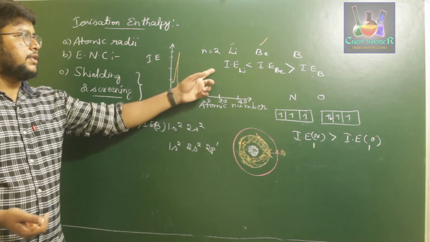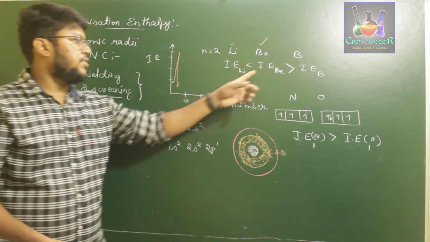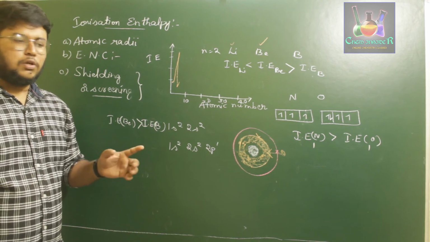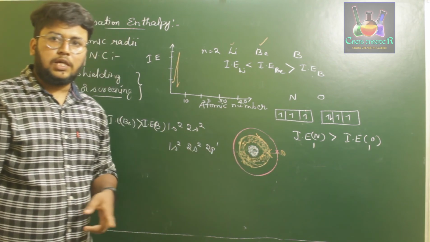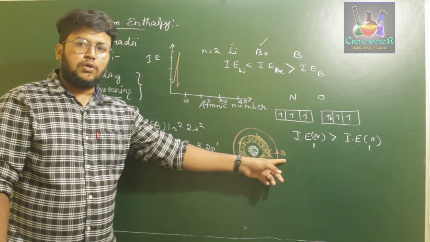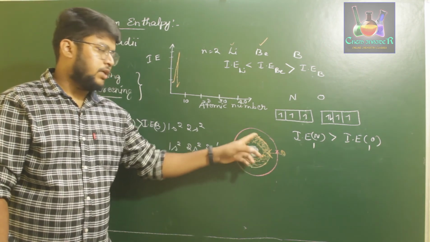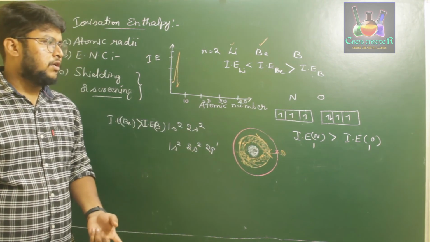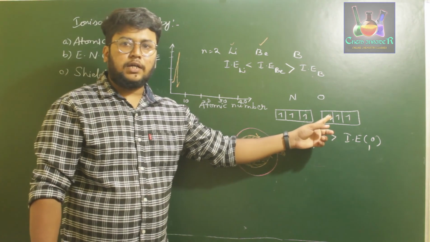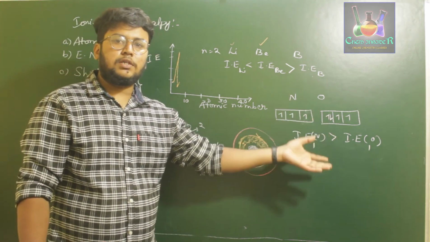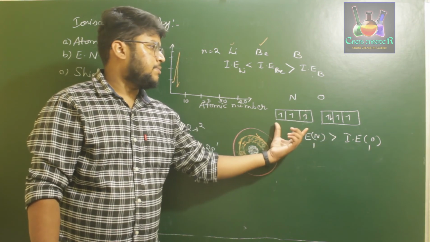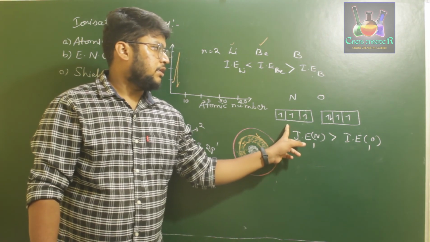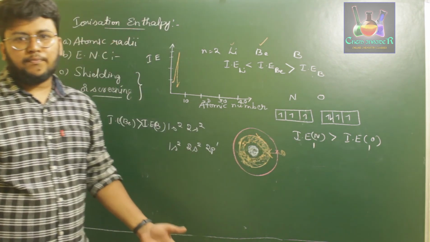As in case of lithium, beryllium, boron, we have beryllium with a higher ionization enthalpy, because the 2p orbital's first electron will be easier to remove when compared to the 2s electrons, because 2p electrons will have a shielding effect because of the inner electrons present. Whereas in case of nitrogen and oxygen, we have a different situation where the 2 electrons of oxygen are present in the same suborbital, experiencing repulsion, which is not observed in case of nitrogen. So therefore, the first ionization enthalpy of nitrogen is slightly greater than that of oxygen.